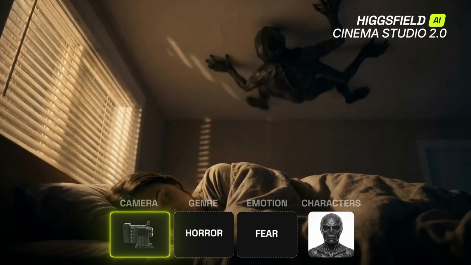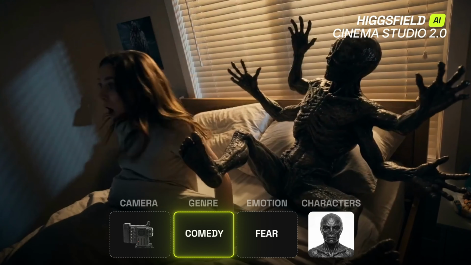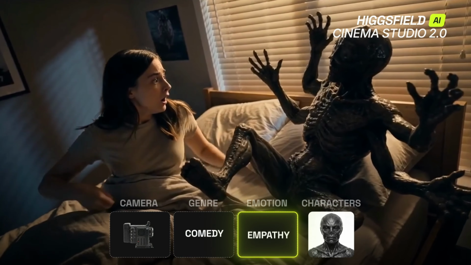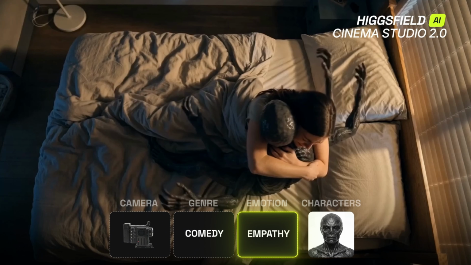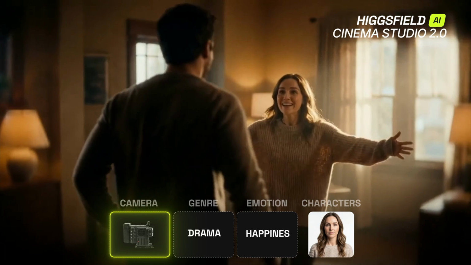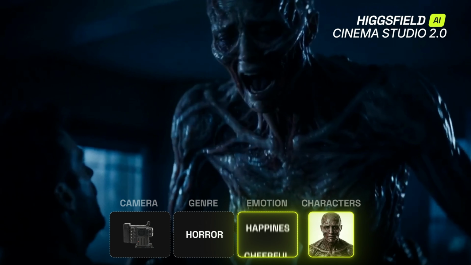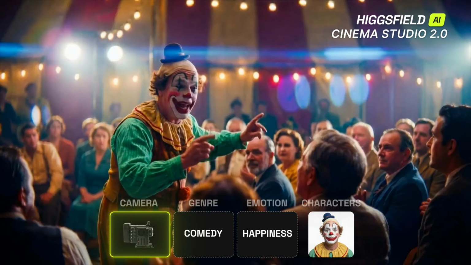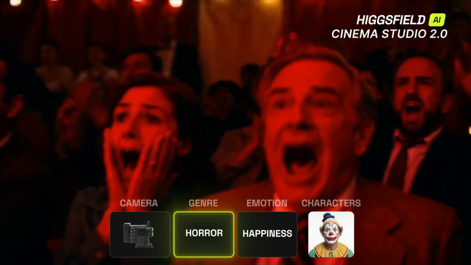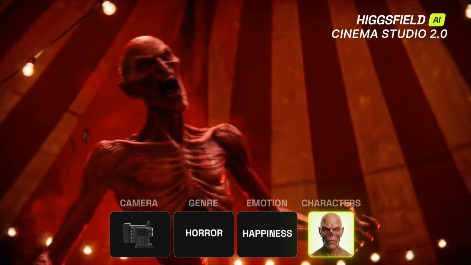Cinema Studio 2.0 just changed AI filmmaking forever. AI video tools are everywhere right now, but most of them still feel like clips, not filmmaking. So what if you could cast characters, direct performances, control lenses like a real cinema rig, build multi-shot scenes, and animate everything inside one workspace? Today, we are testing Cinema Studio 2.0 from Higgsfield, and honestly, the gap between AI clips and AI filmmaking just